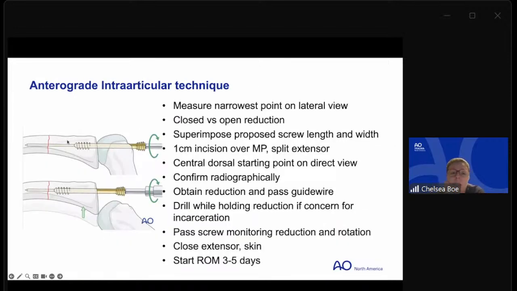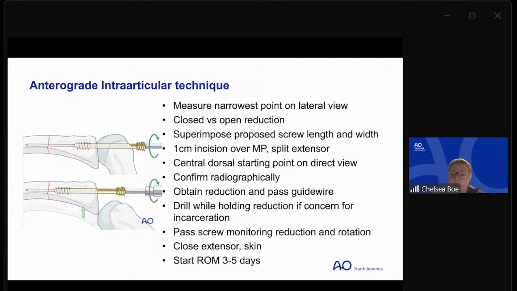So the intra-articular technique begins with pre-op planning, just like every surgery we do. The width of the intramedullary canal should be measured at its narrowest point on the lateral radiograph to approximate the screw size. You then intraoperatively perform your reduction and actually take that screw that you're proposing and overlay it over the phalanx to get an understanding that it's going to pass through that canal easily. Often our hand radiographs aren't calibrated for precise measurements,